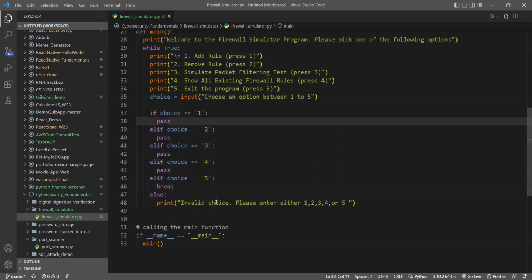All right, so let's see. Everything looks good. Now we can start working on the first choice. So the first choice is to add a rule. So what do we need to do? In order to add a rule, the user needs to provide inputs, and then we need to call a function, right? So essentially what we can say is